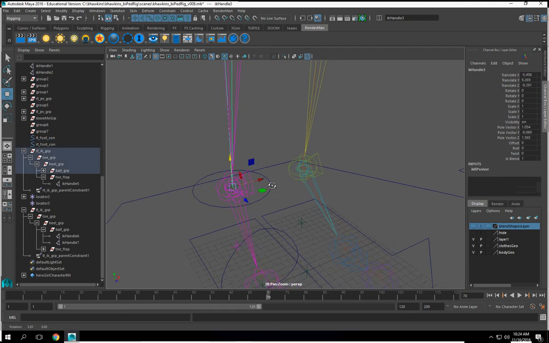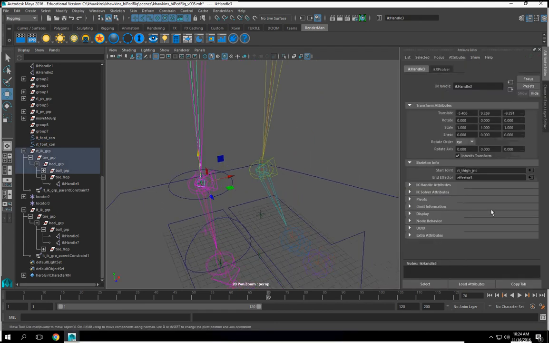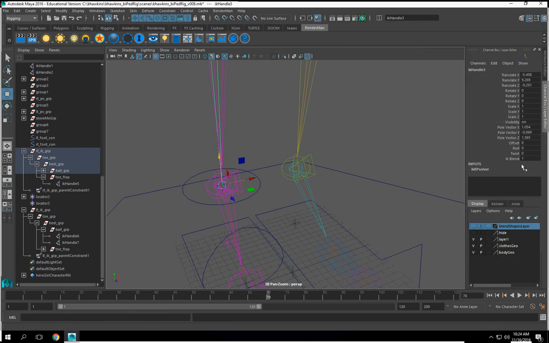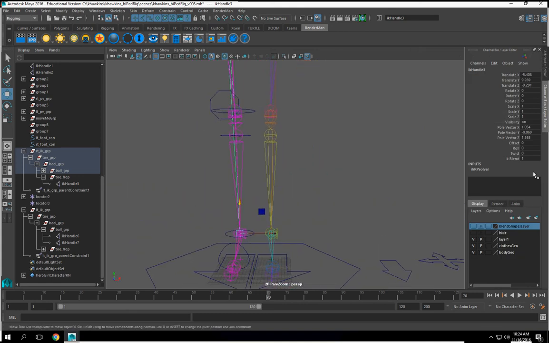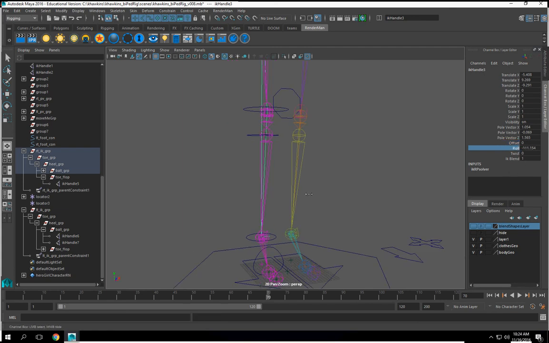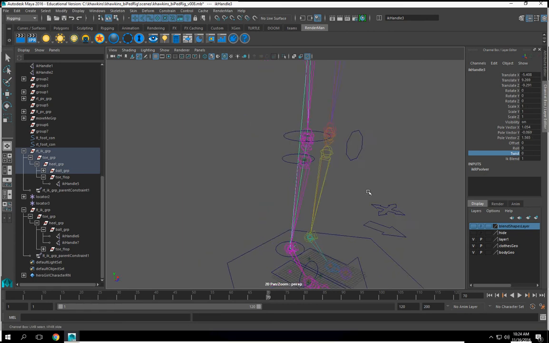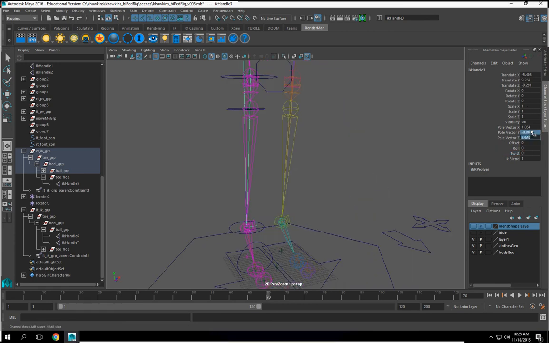We see here, this is supposed to be an IK handle. We want to make sure that this is RP, and it is. And what we have here is we have our offset, we have our roll, we have our twist, and we have this here, our pole vector information. So here, what we're going to do is I'm going to zero that out, and along X,